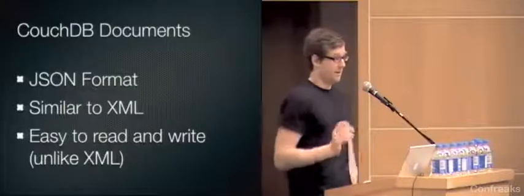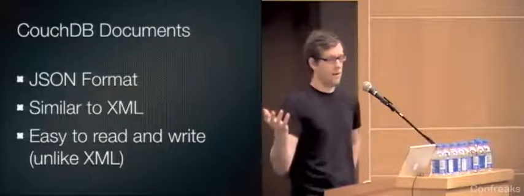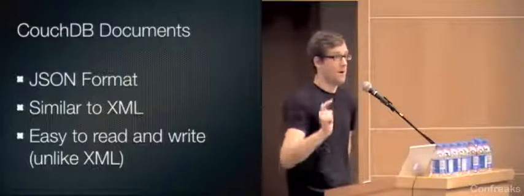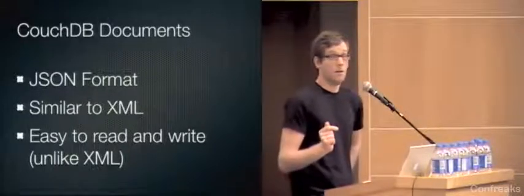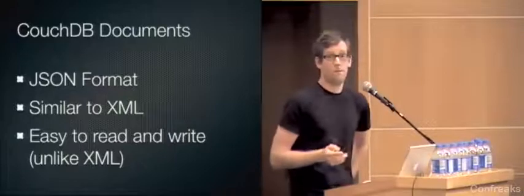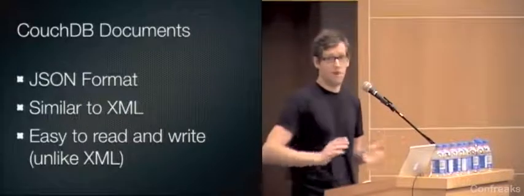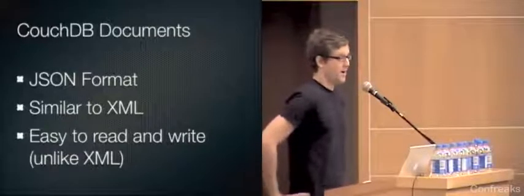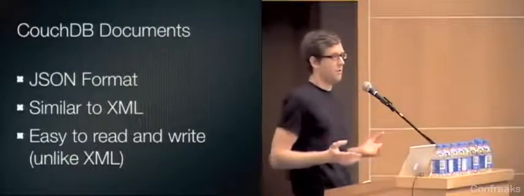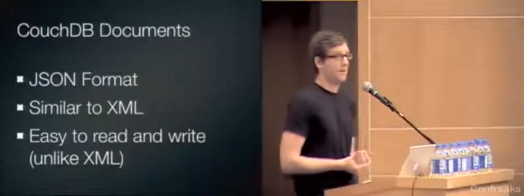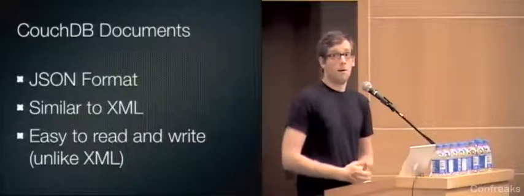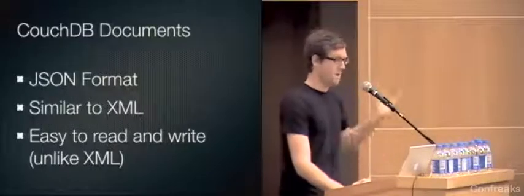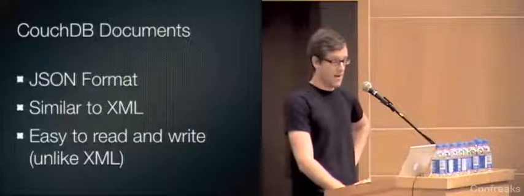And the nice thing about JSON is it maps naturally to all these native types, again, numbers and strings, dictionaries and arrays or lists that all programming languages share at some point. CouchDB used to use XML, and we found that XML is a bit too verbose. It does more things than we would need for CouchDB. So we switched to JSON, which is a better fit for what CouchDB does.